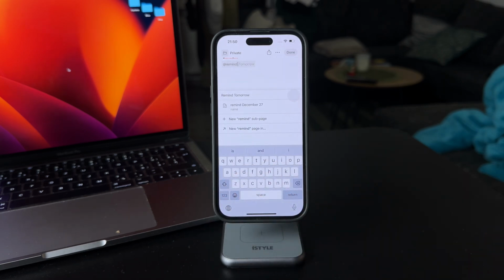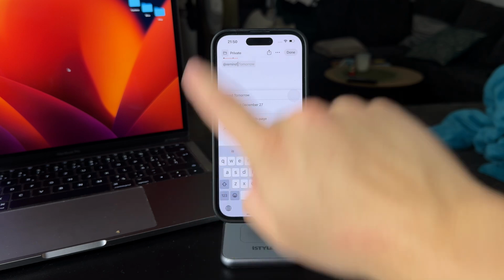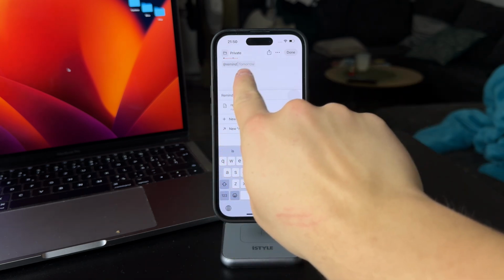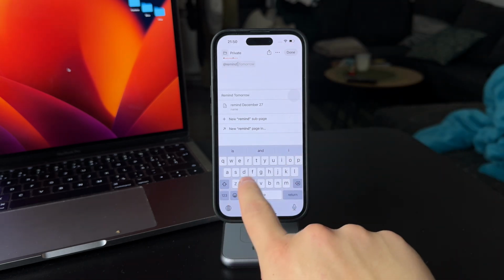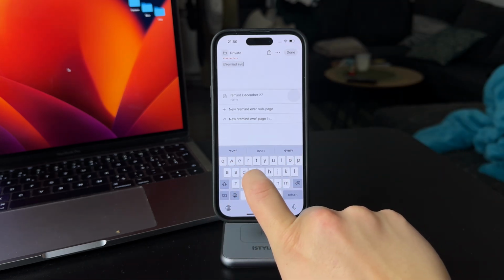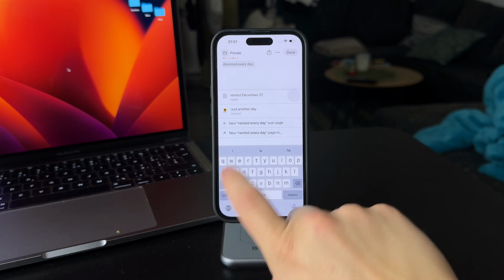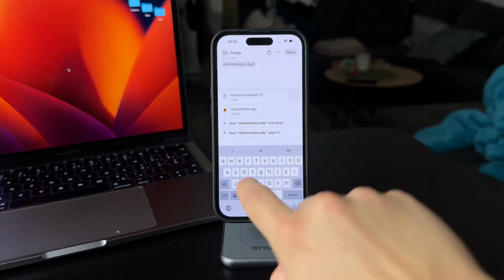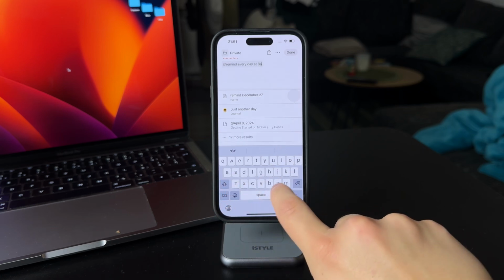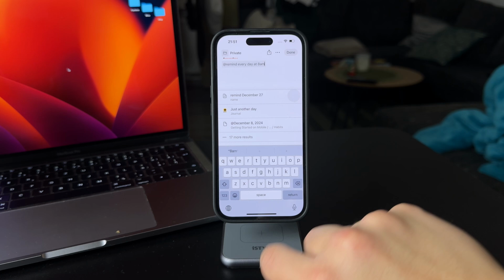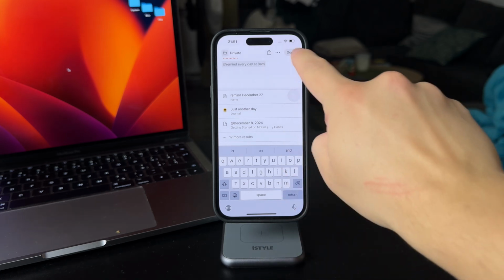And now plenty of different things, obviously, are going to pop up, but I believe it should have the ability to just type that in, because you can see we have the @remind and then you can type in tomorrow or the exact date or whatever. But you can type in, I'm pretty sure that it is going to work when I type in every day. Just remind me every day at, I don't know, 8 a.m. I'm pretty sure this should work. When I click return or hit done,